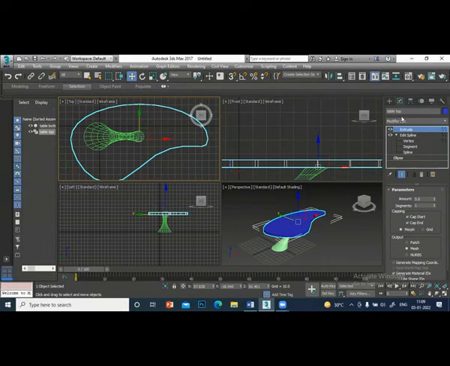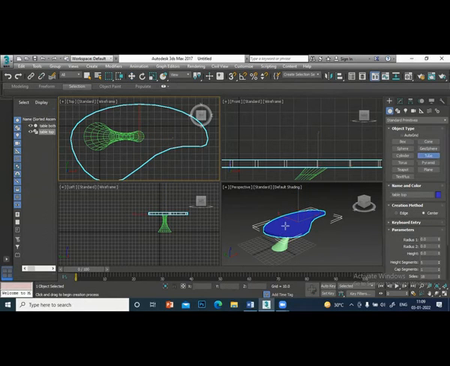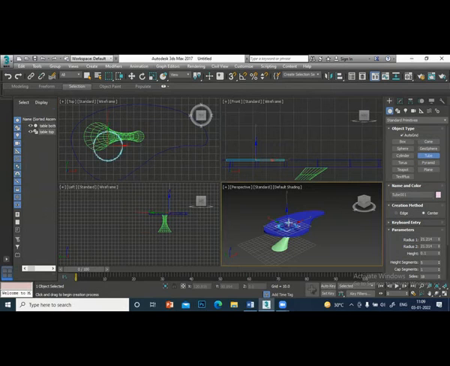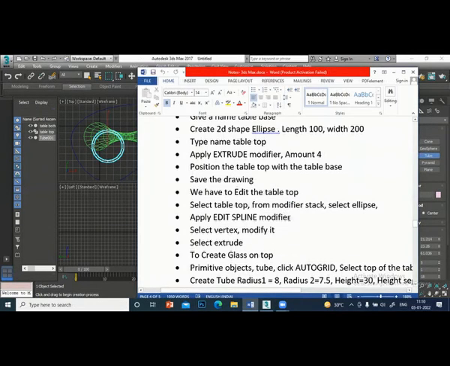Now I will create the tube. So I want to create it on top of this. I will select the auto grid, click here, drag up. Okay, I created a tube. I remove the auto grid. And what are the values I have to change?